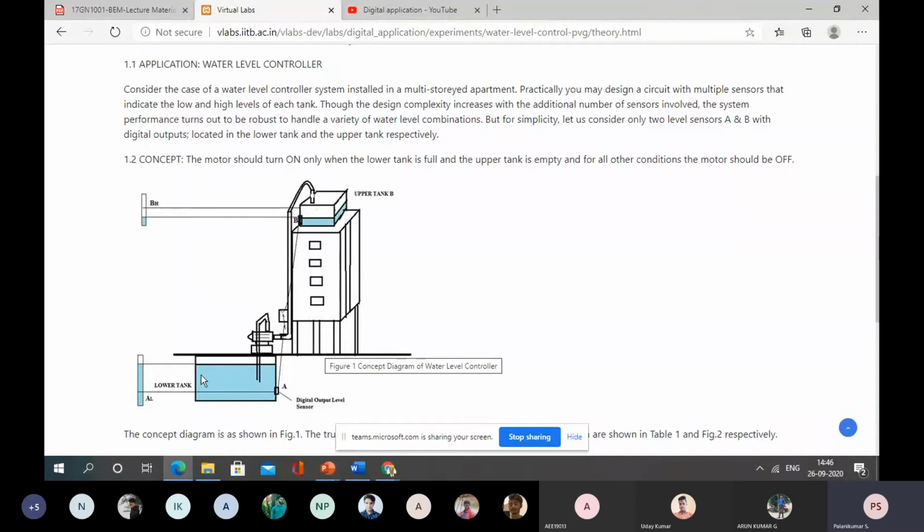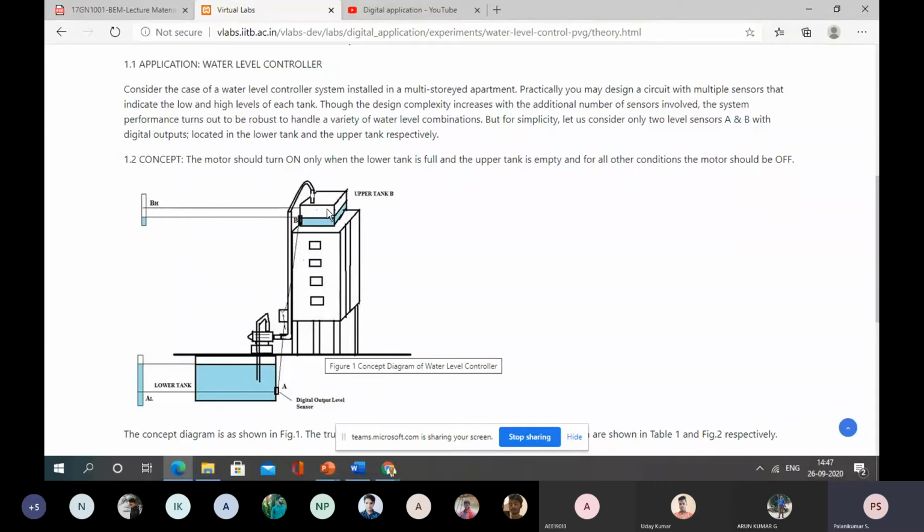We do not directly use the water from the sump or lower tank. We pump this water to the upper tank, and from that it connects to all rooms. All the pipes are connected to the toilets, kitchen, everywhere. So whenever this water level lows, the water should be pumped from the lower tank to the upper tank, to ensure that water supply is always there. For that, we would always keep monitoring, but instead we can automate it.